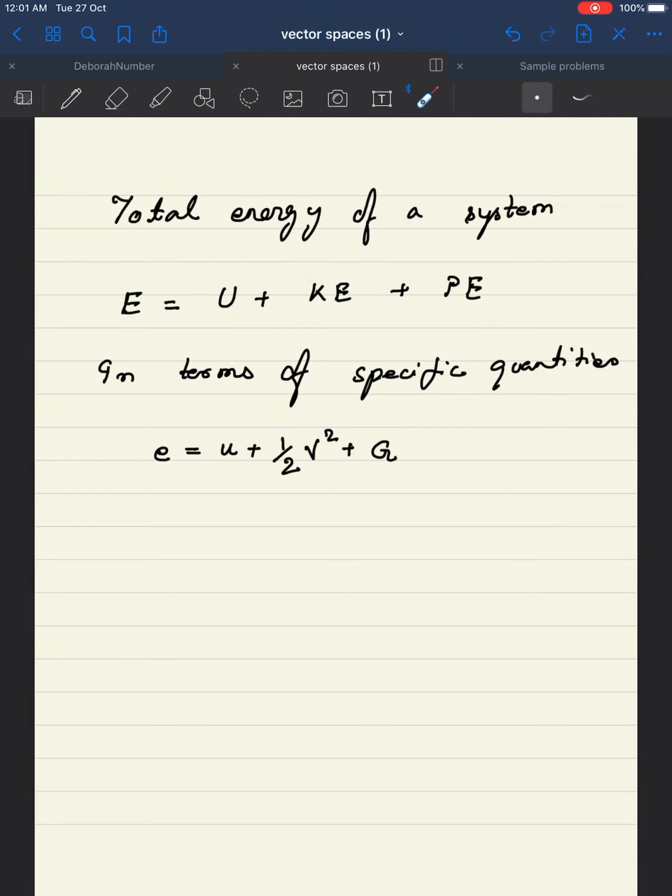So here now V is the velocity magnitude, G is a conservative potential energy function. For our particular case, this G is basically equal to g z. So this is what it is in case of a gravitational potential energy function,